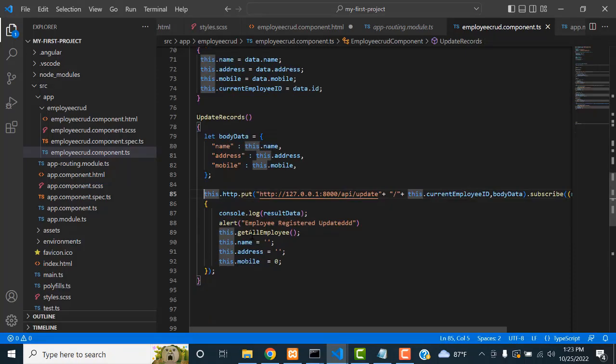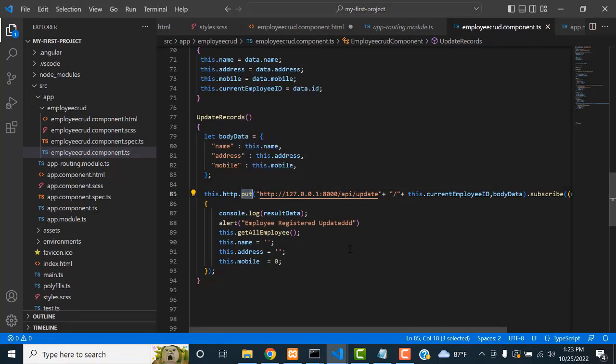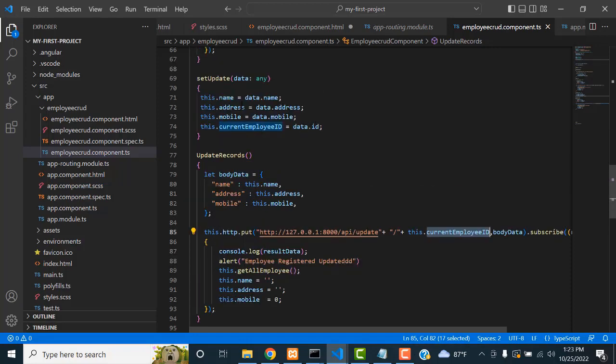This time, when you update the records, we have to write it differently. If you add a record you use the post method, if you get a record you use the get method, and if you update the record, the method will be put. Okay, this is put. Here is the API we have to write: API update slash the current ID. This current ID, we have to get the ID coming here, which is assigned to this variable. So the current ID is passed along with the body data, the name and everything we are going to